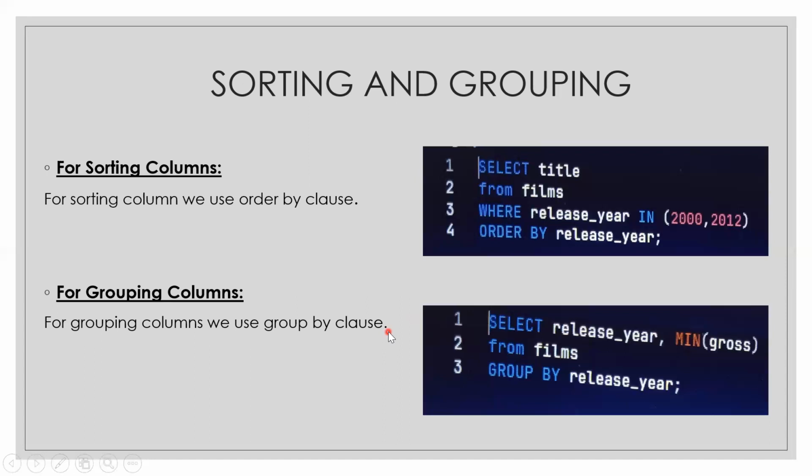For grouping columns, we will use the group by clause. So again, in this query, we will select the release year with the minimum gross from film. Then we group our data using the group by clause, which in this query we will use the